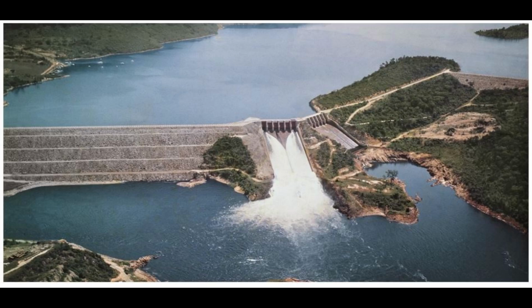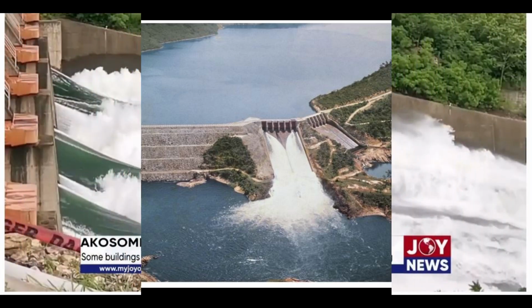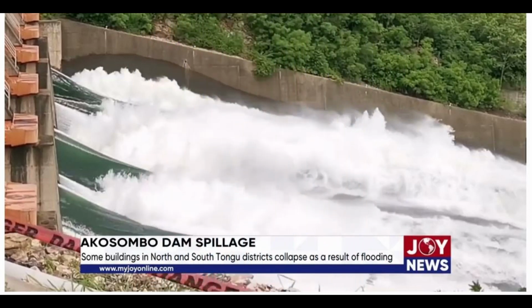The Akosombo Dam, also known as the Volta Dam, is a hydroelectric dam on the Volta River in southeastern Ghana in the Akosombo Gorge and part of the Volta River Authority. The construction of the dam flooded part of the Volta River Basin and led to the subsequent creation of Lake Volta. Lake Volta is the largest man-made lake in the world by surface area. It covers 8,502 square kilometers,